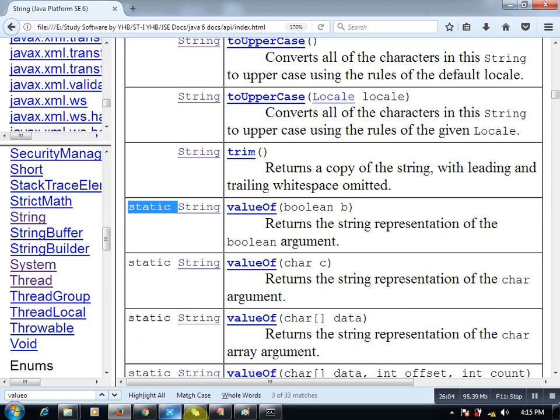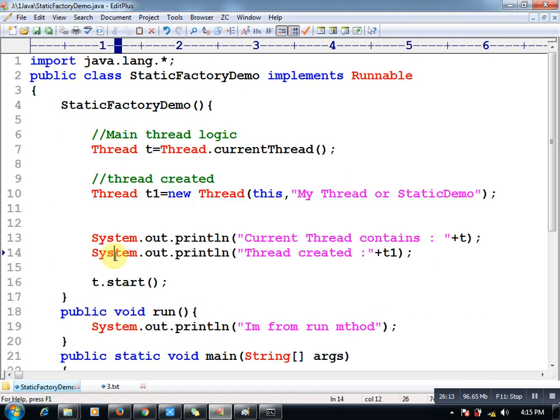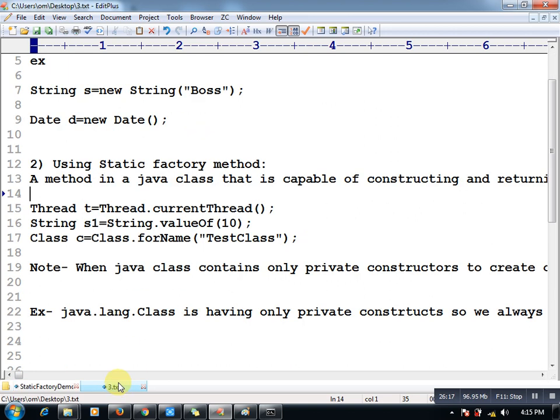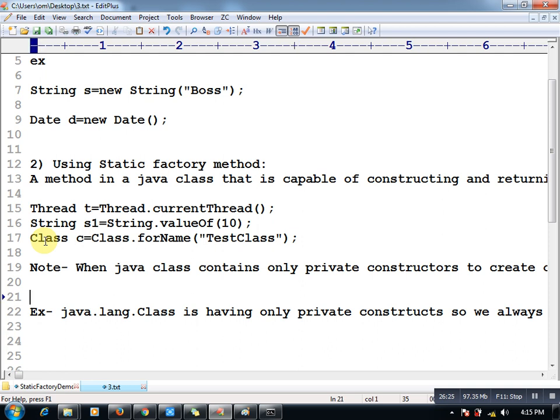So these things I proved by using documentation, and I proved one more by using practical implementation, guys. Are you happy with this one? One more approach, which one was? Class.forName. I showed this yesterday to you. Are you happy with this one? So because of that reason, whenever you will find a class